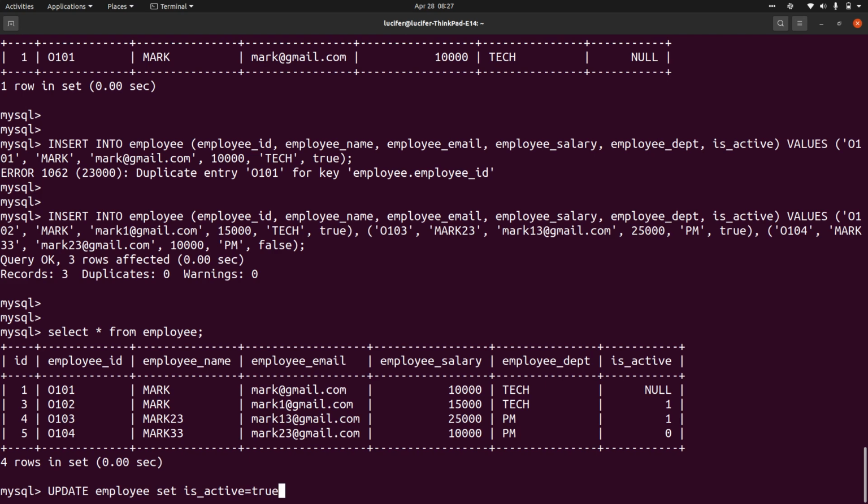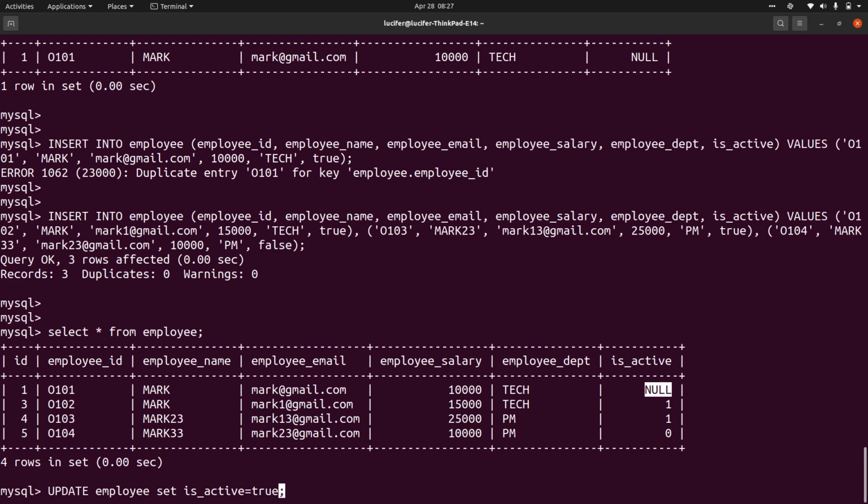So update employee, set is active equal to true will set all the values in is active to true. It will also change this particular value, but we don't want that. We only want wherever it is null, to set those values to true.